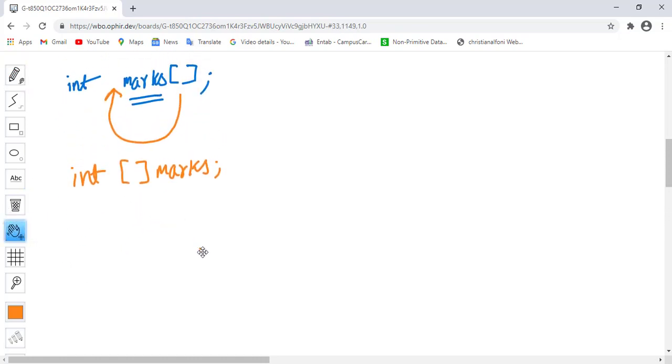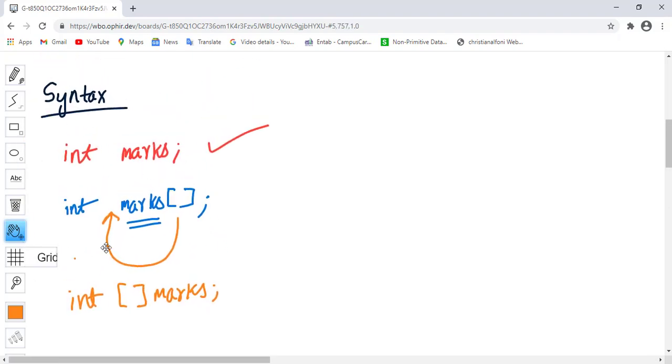So how to create an array? Using the new operator, you have to use it like this: new int, and then give a size of the array. Suppose I want to store 5 integers.